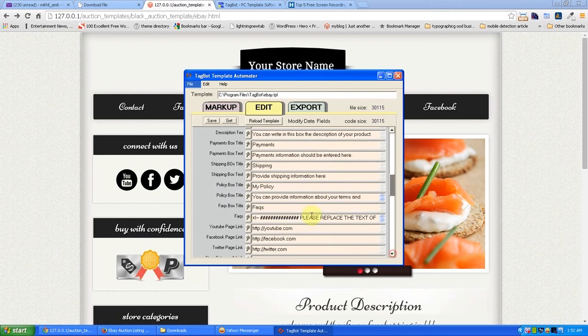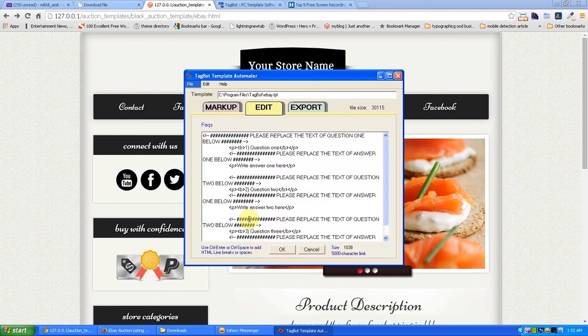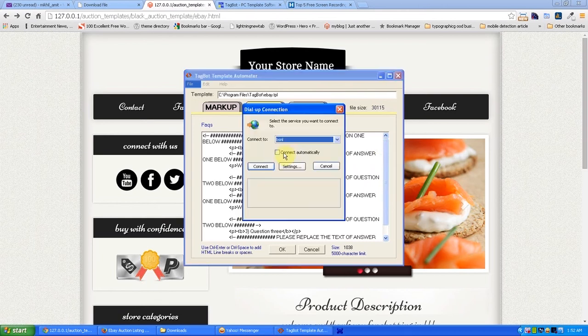One more thing I want to show you is how, if the text is more than can fit in this box here, it will show you these scroll bars. So if you want to see the full text, you will need to click this magnify icon here, and it will show you. So right now I have opened the frequently asked questions box.